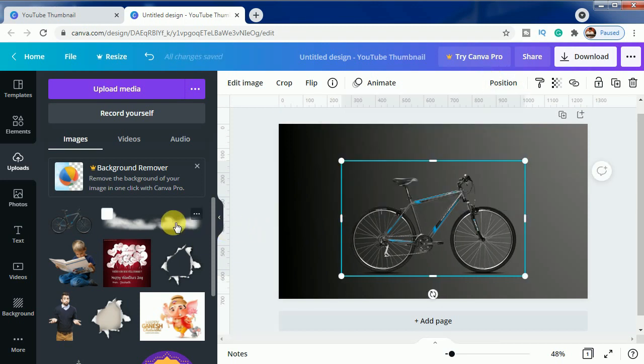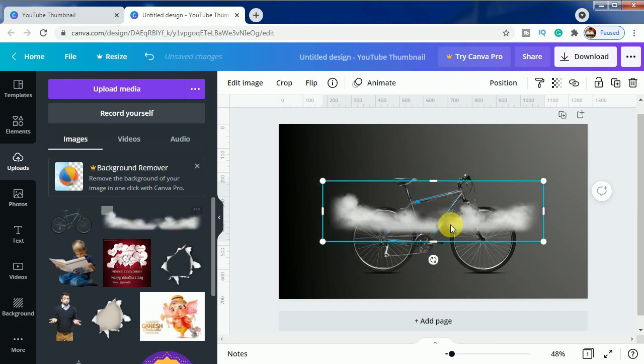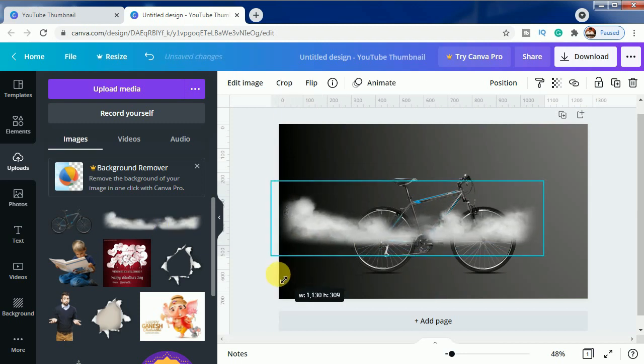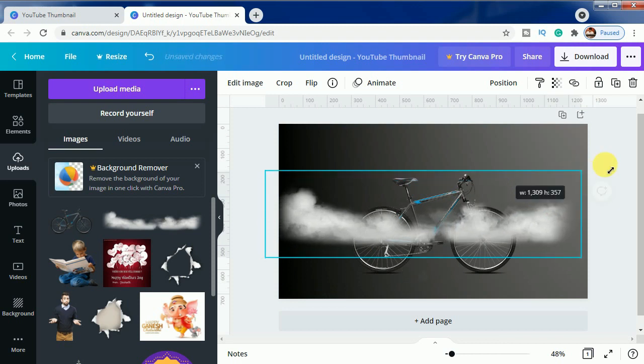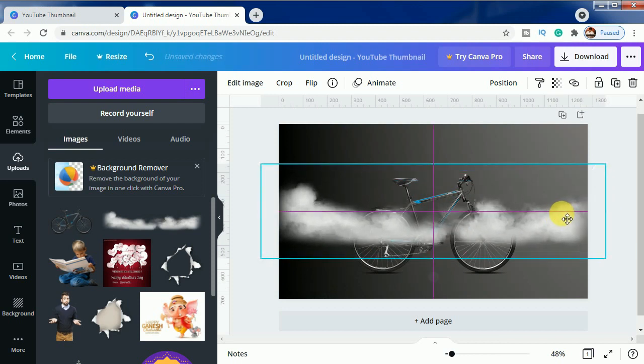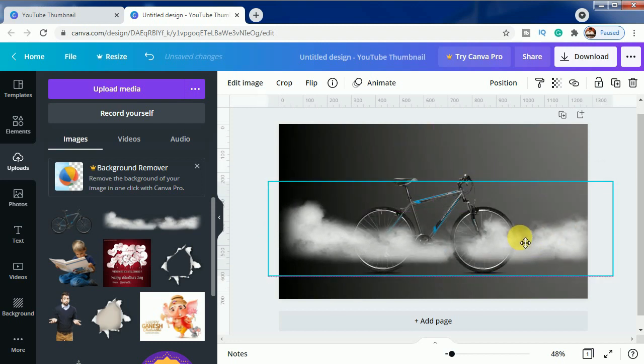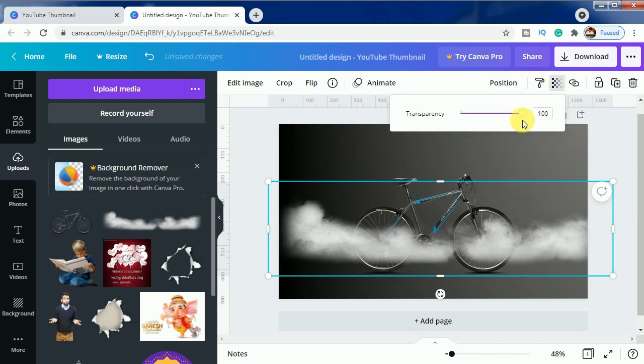Make it slightly bigger, again position it to center. Okay, now it's time to bring this cloud here. Let's make it bigger and stretch it throughout the canvas and bring it right here. And now we need to decrease the transparency so that it looks like it is coming out as smoke but not affecting our main product, which is this bicycle.